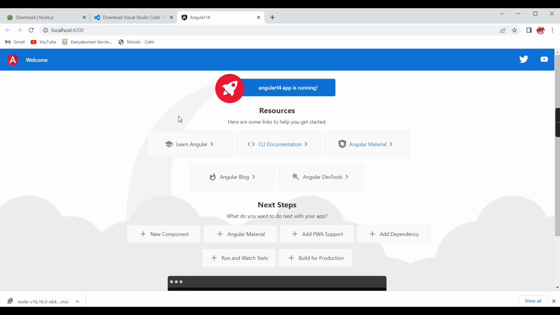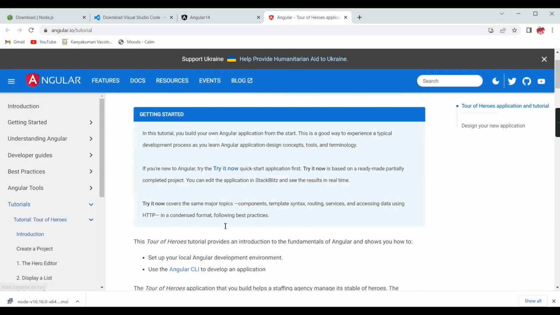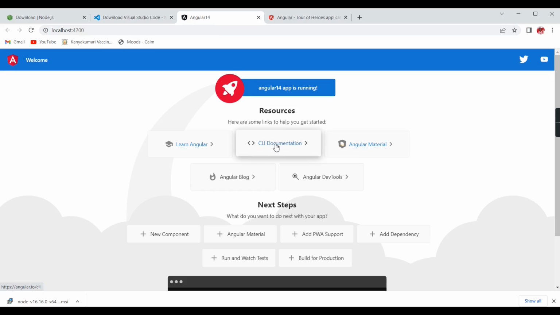So our application is loaded. This is the basic template provided by Angular. For getting more documentation, you have to use these links, like Learn Angular. It will redirect to the official website of Angular. Here also you can refer if there is any doubt. And for getting the CLI commands information,